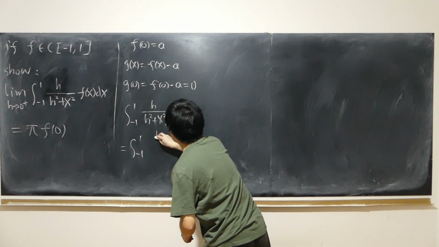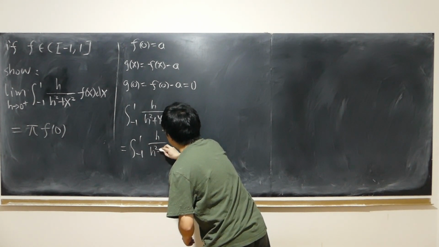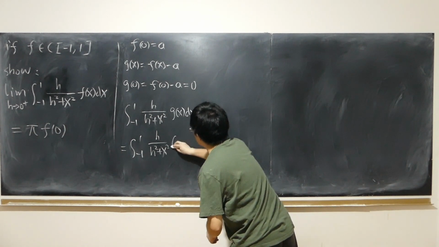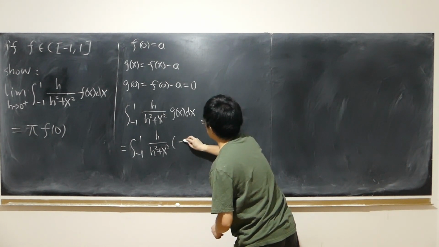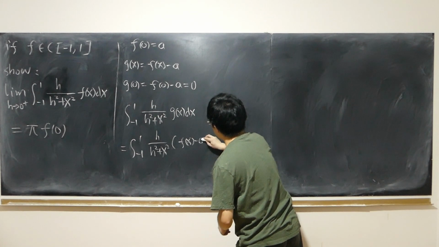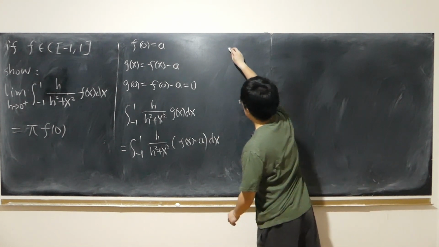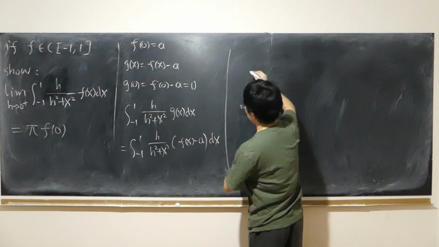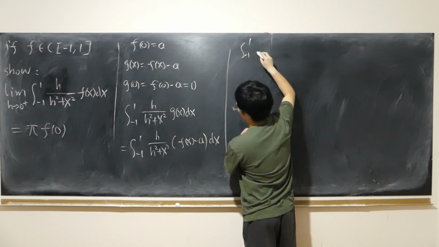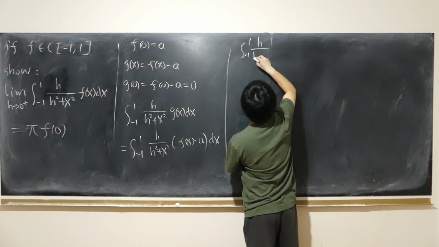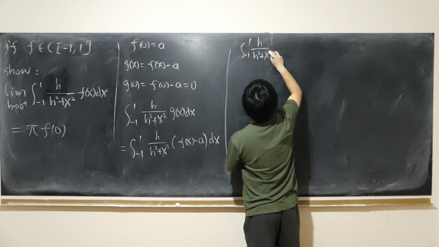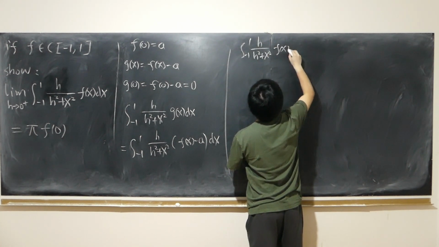G is f of x minus a. This will approach 0, which means the integral from negative 1 to 1 of h over h squared plus x squared f of x dx